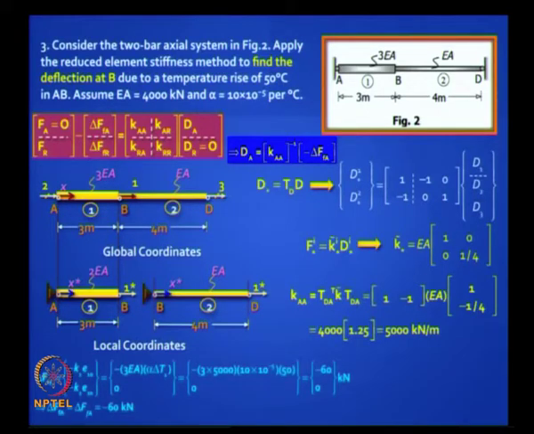Okay, so what about your fixed end forces? Some of you forgot that only one bar is heated. You kind of heated both the bars and you got it wrong. So it's very easy to solve. Okay, the answer is 12 mm. Moving on the right side, some of you moved it on the left side and never thought that it's foolish, because if you heat that bar, B is going to move to the right. How can it move to the left? Last problem,